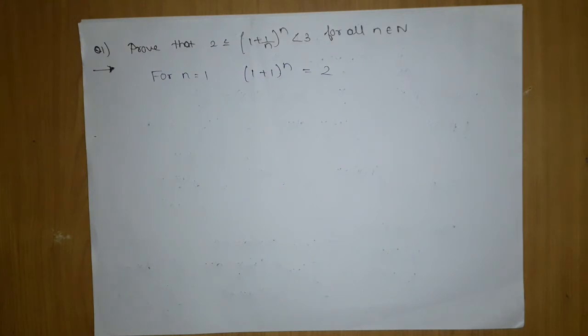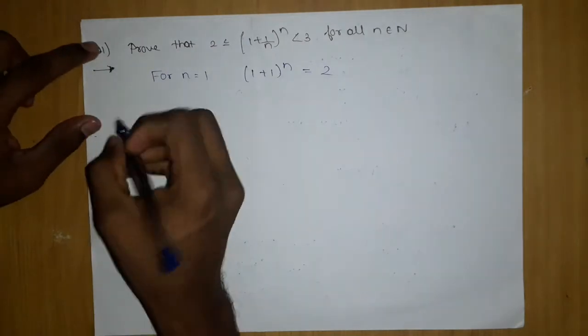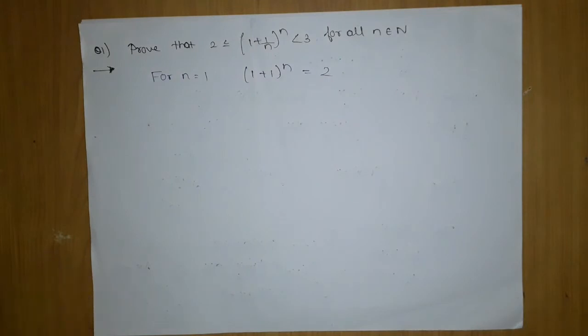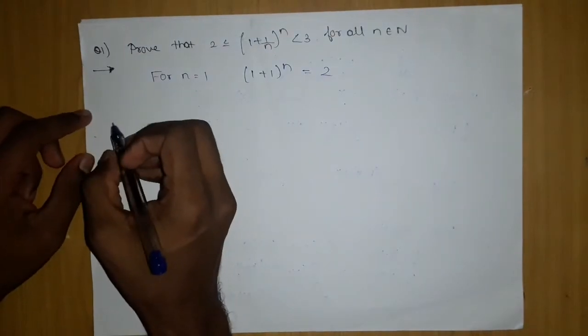So what we are going to do is expand it to check it for n. If we get the expansion value for n, then we can directly know its exact value. For n equals 1, its value is 2. So for 2 it will be some value greater than 2, but we have to check that. So let's do the expansion.